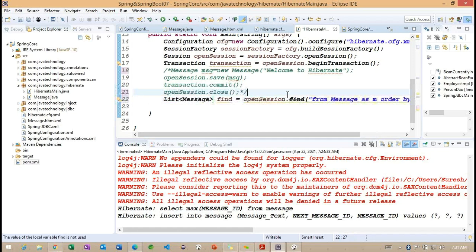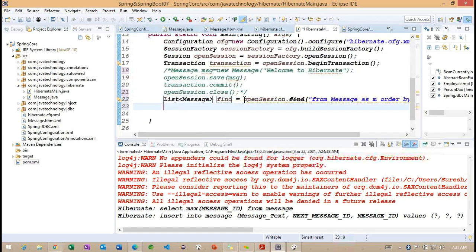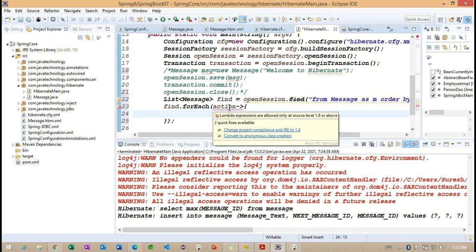Getting the point. Using this find, I want to iterate one by one with find.forEach. So how can we iterate here? Okay, what is the source we are working with here?